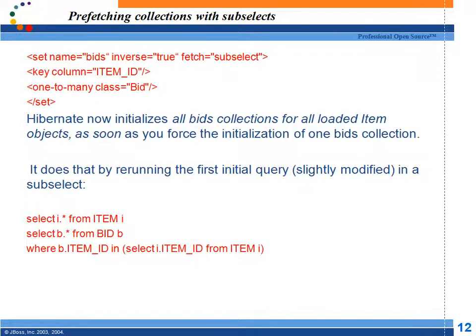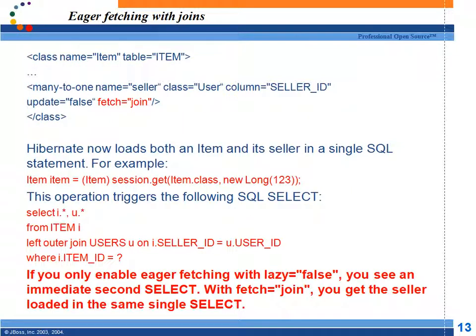The next one is fetch join. See here in this relationship, one item is having one seller. In our previous example also, there was a many to one relationship. What happened if I say lazy equals false? How many queries are fired? Two queries are fired or one query is being fired?